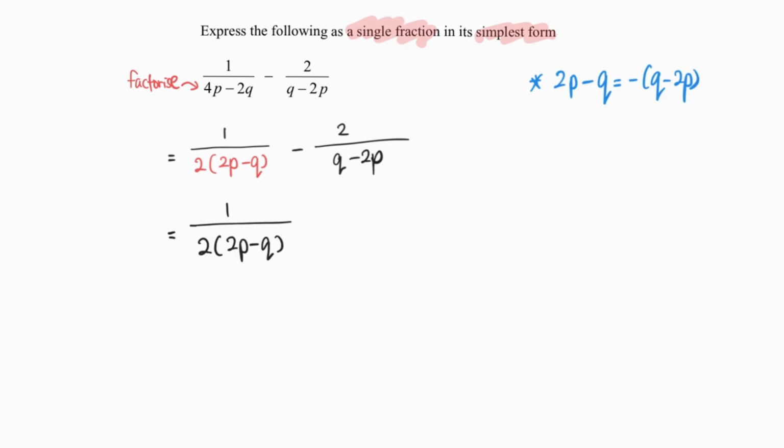I introduce a negative sign in, negative and negative multiply to become positive. And you will see that I'm going to write 2p minus q. And we saw that this is the common factor. So in order to make them the same denominator, I am going to